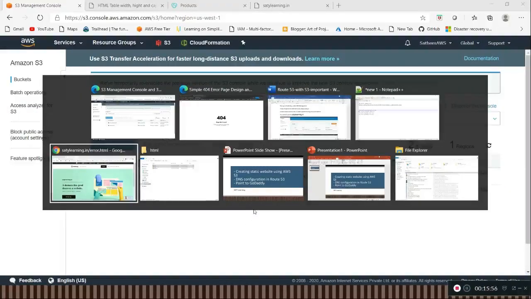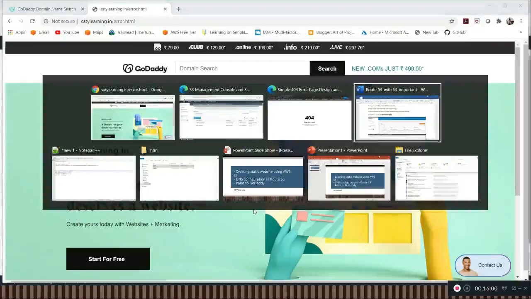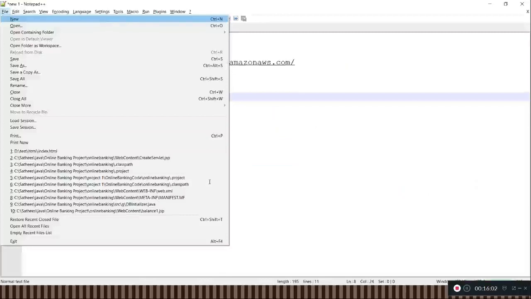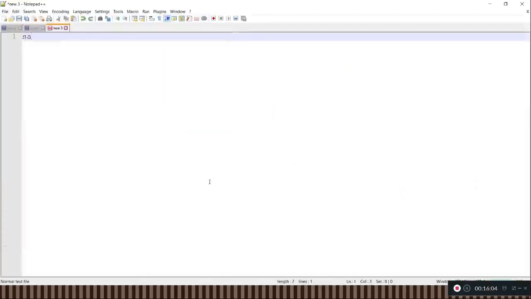Now we will create our own HTML file. Index, h1, sales department. I'm just giving some random information.